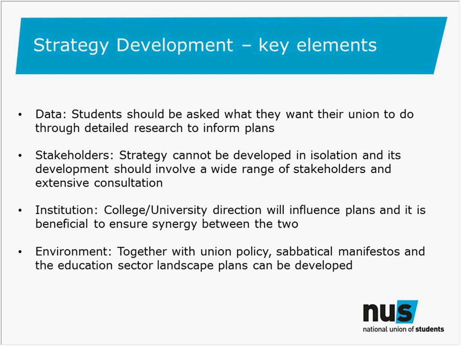With this, I'd be thinking about future students, and how future students are going to impact what students' unions or associations can be like in the next 5 years or so. Colleges and universities around the UK have significant growth plans at the moment. And if you're not thinking about their growth plans, then how are you going to create something that's going to be sustainable over the next 3 to 5 years? This goes hand in hand with the environment: what's happening politically, whether locally or nationally, and what external factors may well impact your strategic development?